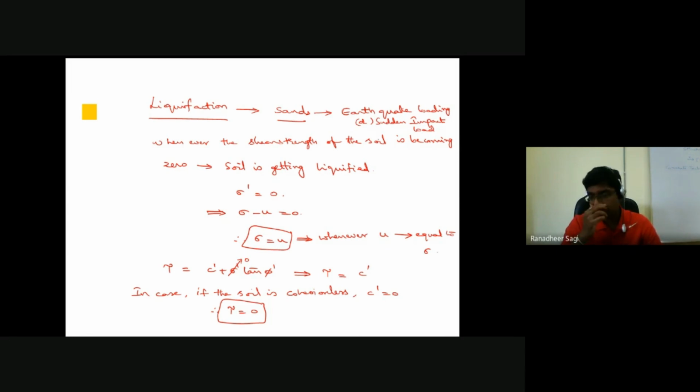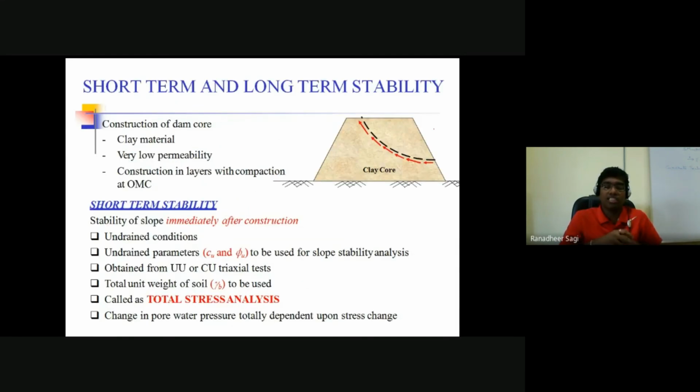So this is an important topic which I thought I had missed in my earlier discussion of the 4th unit, that is, shear strength of soils. In which case should I analyze my slope taking into consideration total stress parameters or effective stress parameters?